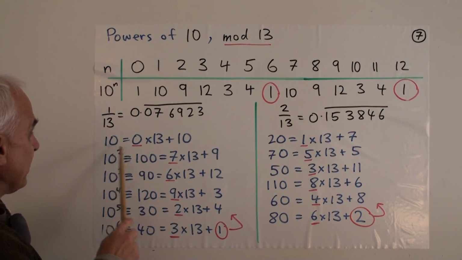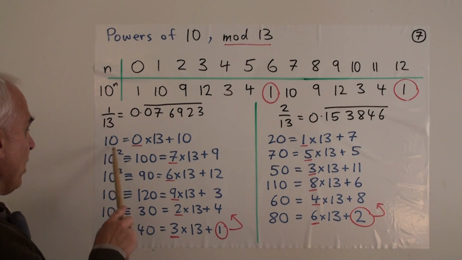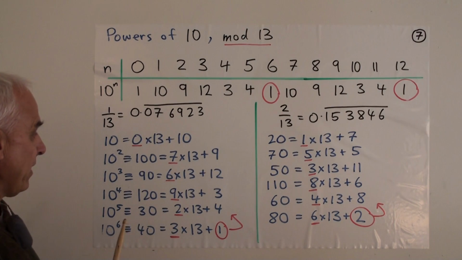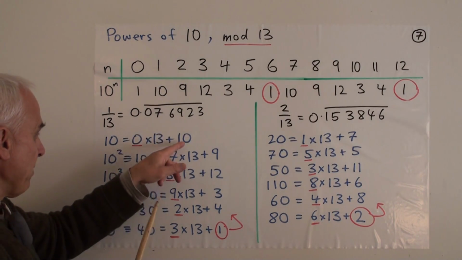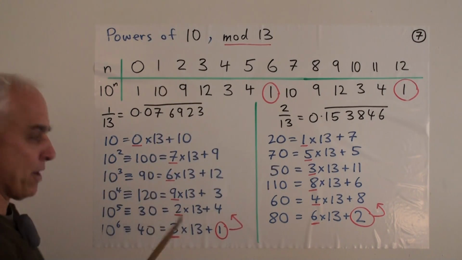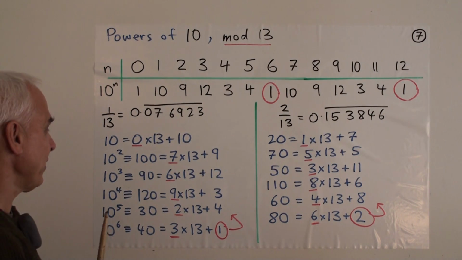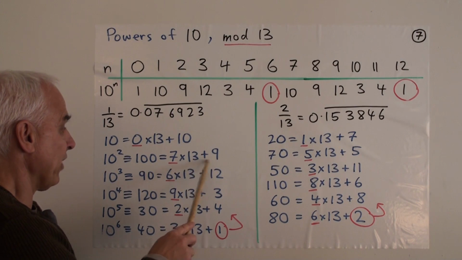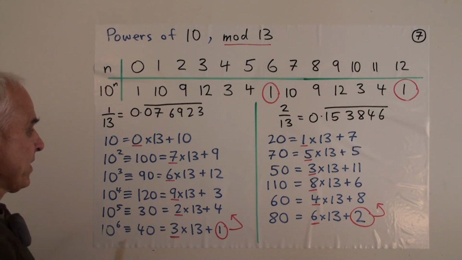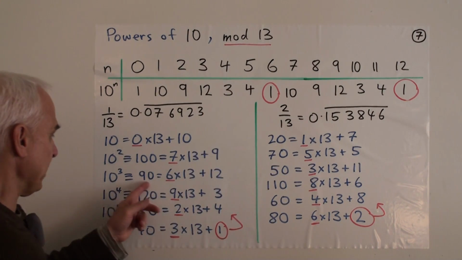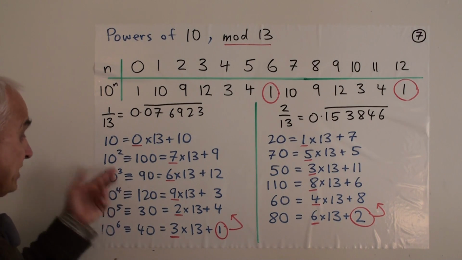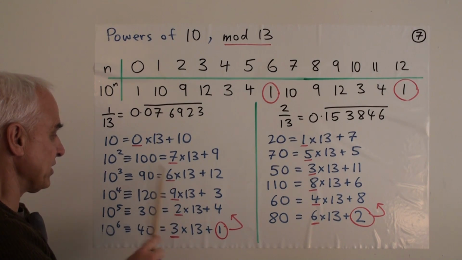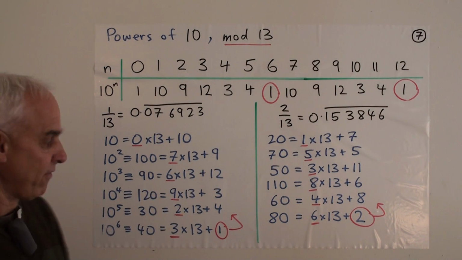If we divide 1 by 13, well, at the first stage there'd be a 10, and that's 0 times 13 plus a remainder of 10. And then when we multiply by 10, and that would sort of bring down another 0 in our long division, then we would have 100. And that's 7 times 13 plus a remainder of 9. The remainder of 9 gets another 0, so basically we're multiplying by 10 again. That's essentially 10 cubed now. And that's going to be then 6 times 13, that's the quotient, and that's the new remainder of 12.